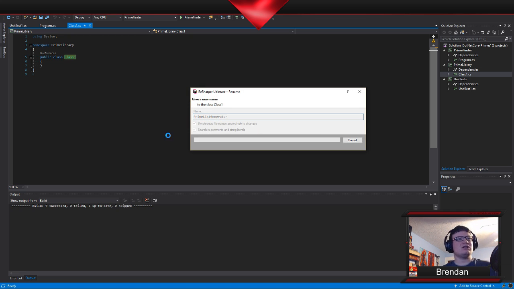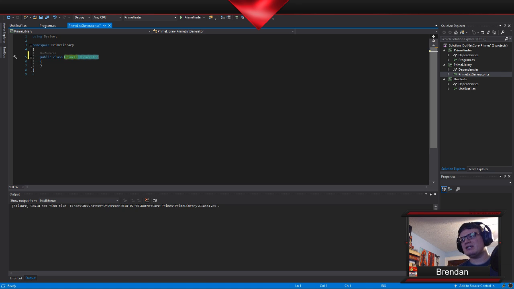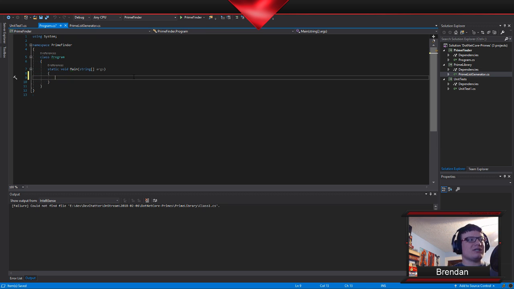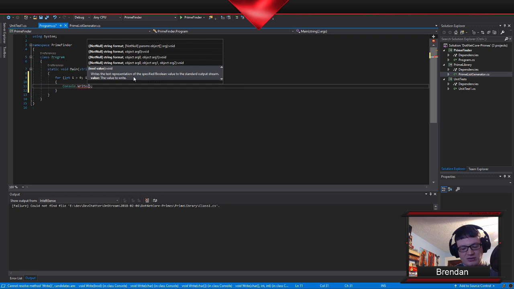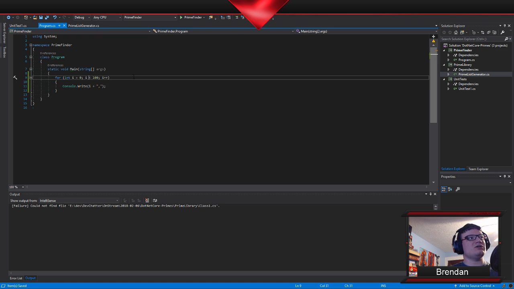To start off with, I think the easiest thing to test is going to be if I have my class return back a collection, and then I can just check through that. I think that'll be the simple way to do it. Obviously, I would expect a lot of people starting out writing this to start right here and do a for loop. One of the best approaches that I like is to start off with this as the starting point, where they just print out the numbers. So I'm going to say I and then plus comma, because I'll still do the same thing that someone else would do. Okay, so our starting point, we don't want to start at 0.